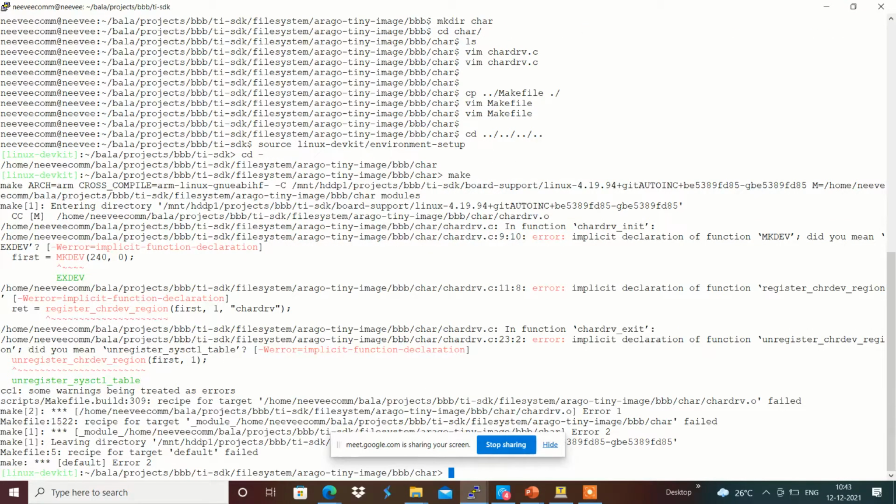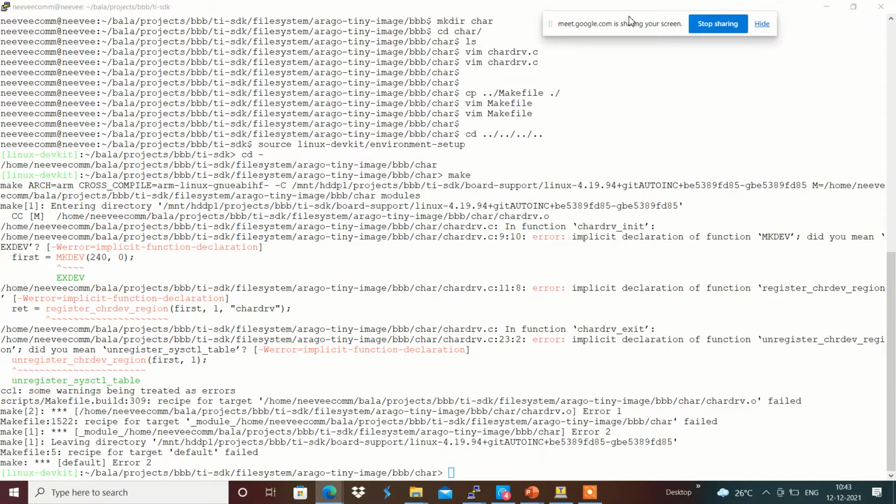There are a lot of definitions missing from the include file, so we need to add the respective include file into our driver file accordingly. Maybe we have the definition missing for mkdev.